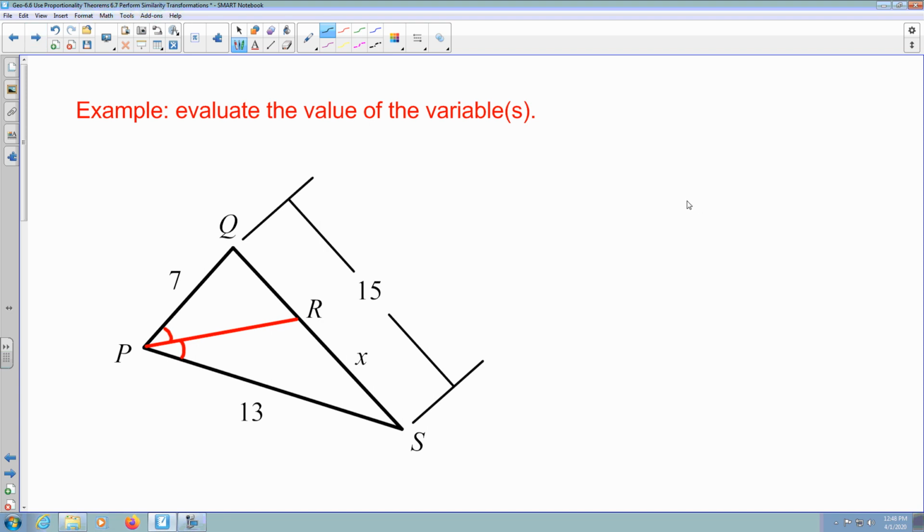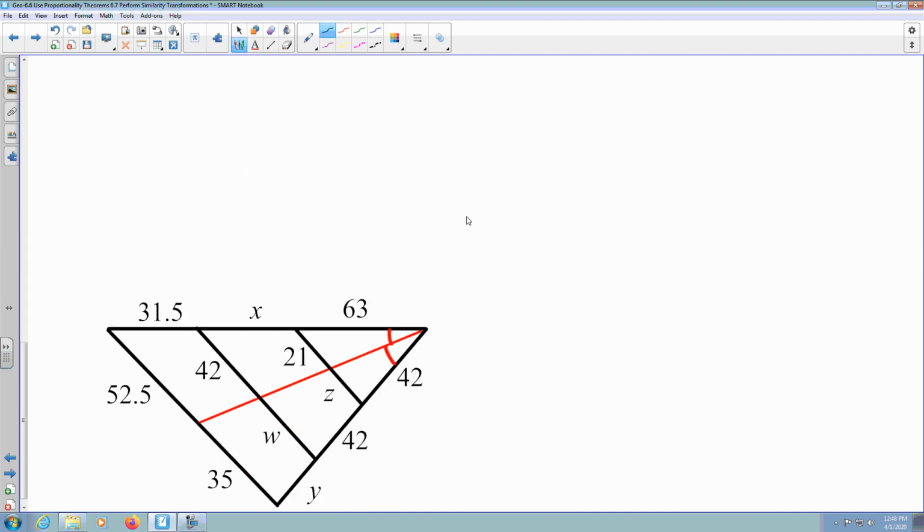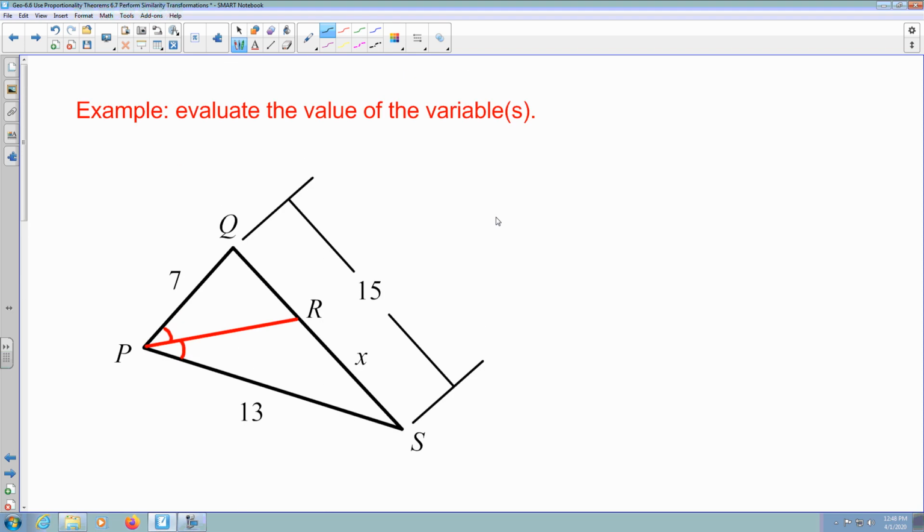All right, so all three of these examples are using the bisected ray. In this particular instance, in order for us to determine what the value of the variable x is, we're going to use that last theorem to set up the proportion. So if you remember how it would be set up, in this particular instance, it's going to be